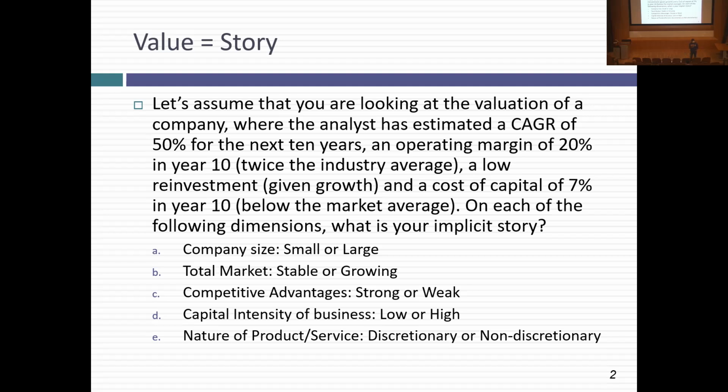First, do you think that this company is a small or a large company, given the numbers? Right now, if you put a 50% growth on a large company, so it must be a small company, right? That's the first thing to check. Is the total market stable or is it growing? Probably a growing market. It's very difficult to get 50% growth in a stable market and have your margins. It's a combination that makes it difficult to believe that this market is stable, but in a stable market, to grow, you often have to cut prices. So the fact that you're using this combination of high growth and high margins must mean that some of the market is giving you that advantage.